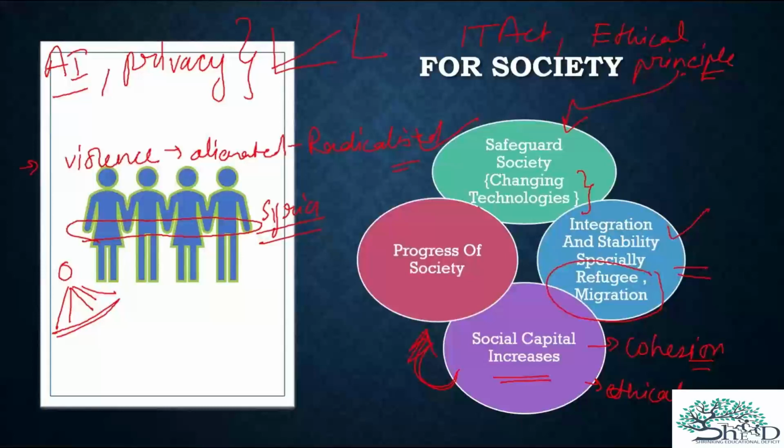Let's take an example of Scandinavian countries. If we take their example, we will see that they rank high in a lot of human development indexes, right? What is the reason? Although they are not as prosperous as the USA and all, they still rank high. Why? If you go and read about it, why they are the happiest, it is because there is a lot of social capital over there. There is a lot of brotherhood. People don't cheat each other so much.